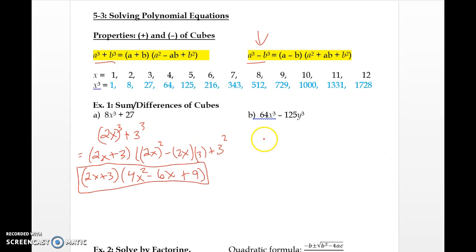You can do the same thing to b. You're going to have to write these as one thing cubed. So 64x cubed can be written as 4x quantity cubed minus 5y quantity cubed. Now I have a cubed minus b cubed, so I'm going to use this equation over here, which is 4x minus 5y